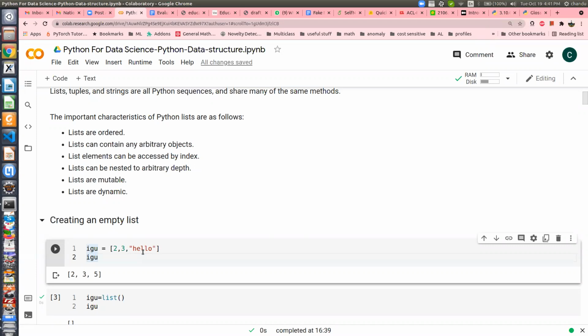In C programming, will it work or not? If I initialize an array in C, will it work? It won't. It will not work because for an array in C, it is mandatory that all the items have the same data type, which is already mentioned, like integer or float. Correct.